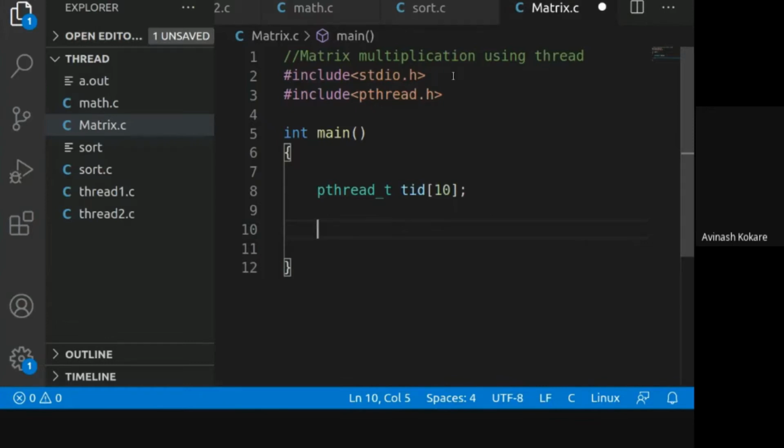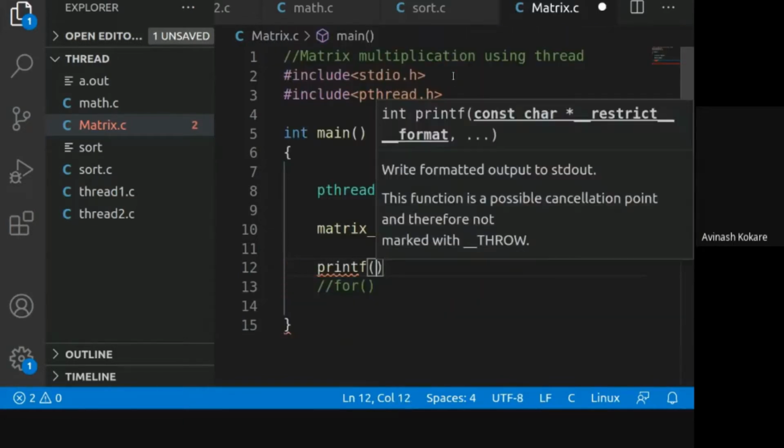Then the next data required is matrix data that will be read by using some function. Say, call that function matrix_read. Okay, so this function we will write for reading the values inside the matrix. After reading the values in the matrix, we have to multiply the matrix. For multiplying the matrix, we are going to make use of the threads. So we will write one for loop. Before using this for loop, first read the number of threads.